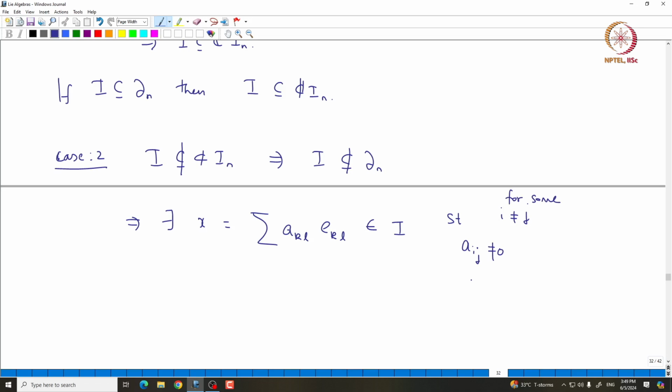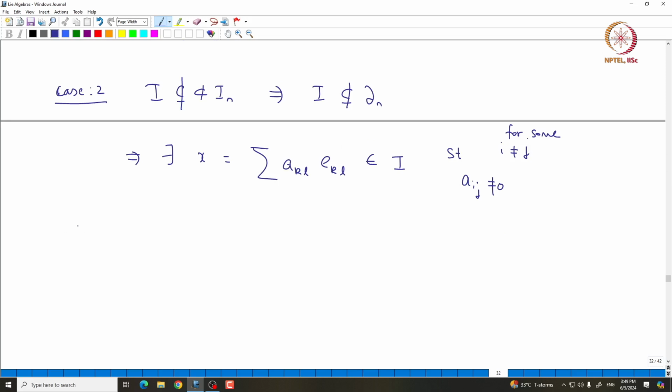Okay, let us play with this a_ij and then get what we want. So, now we are going to compute